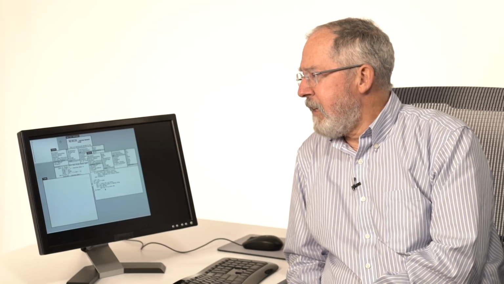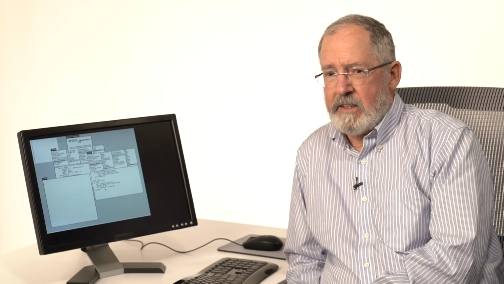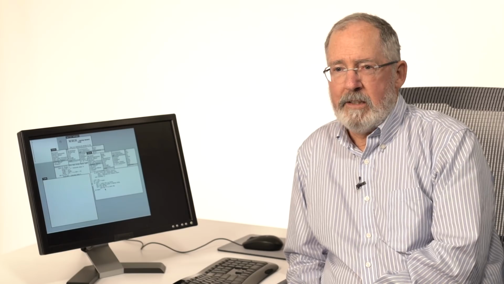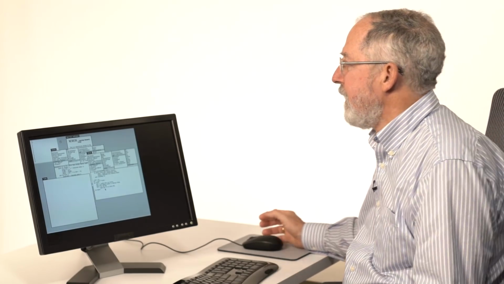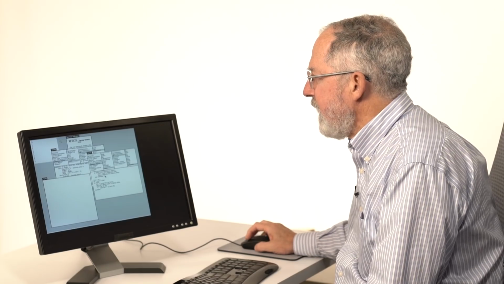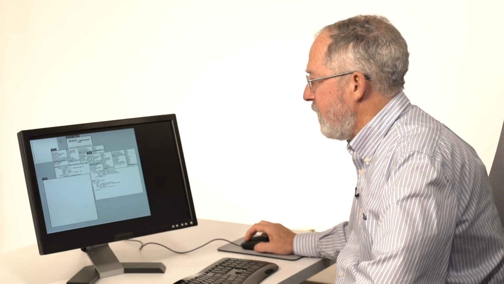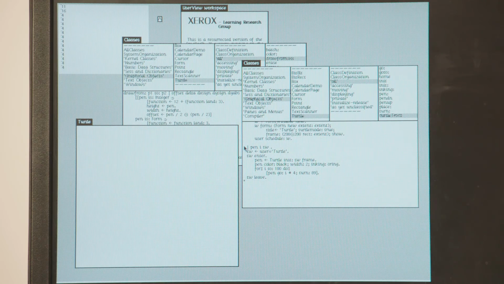And what's nice about it is that all of the graphics as implemented are actually, you can work on them. They're just like other user programs. You can change them and edit them and see how they work. So here's, in this version of Smalltalk that ran on the NoteTaker,